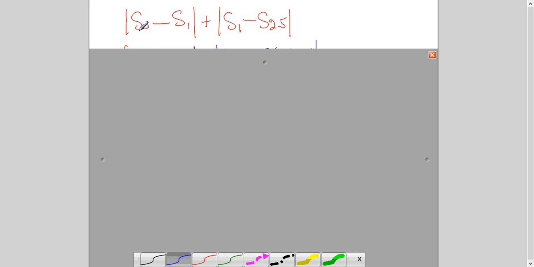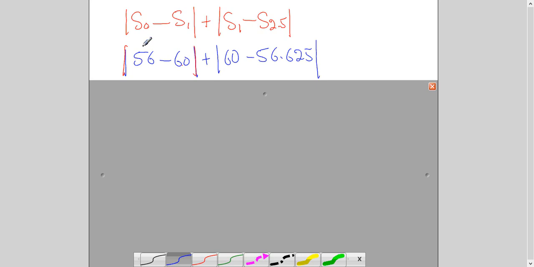In this case, the answer is 56. Sometimes it is 0 also, sometimes it is a negative value also, depending on the displacement equation. So you put t equals 0 in the displacement equation, you get the answer 56. Then you put in the displacement equation time 1 second, which is 60. And then you are seeing the distance covered from 1 second to 2.5 seconds, right? So you are substituting in the displacement equation, writing the values and subtracting it.